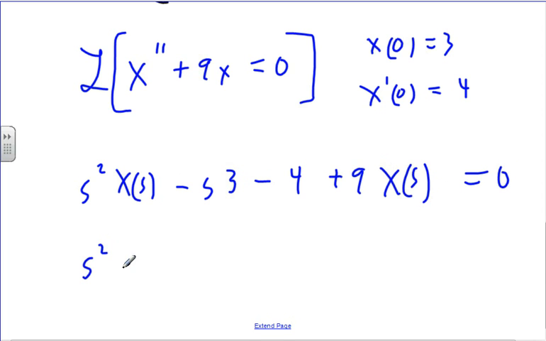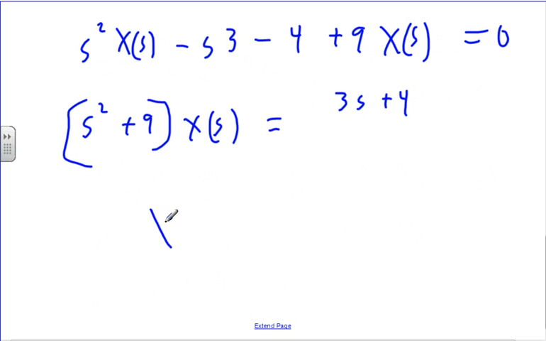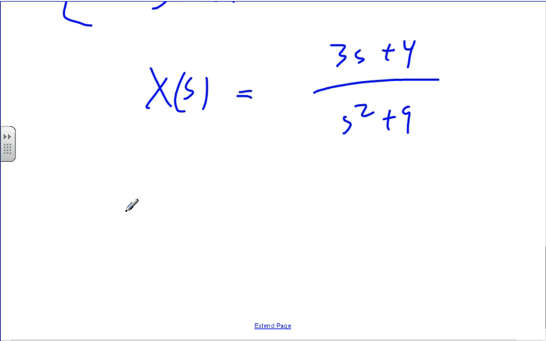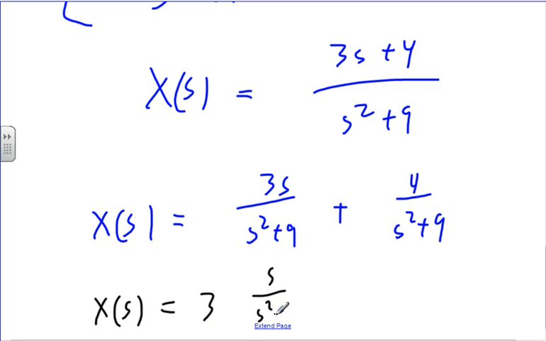I'm going to have s squared plus 9 times X of s is equal to 3s plus 4. So X of s is 3s plus 4 over s squared plus 9. That's X of s equals 3s over s squared plus 9 plus 4 over s squared plus 9. And then I'm going to say, well, you know,